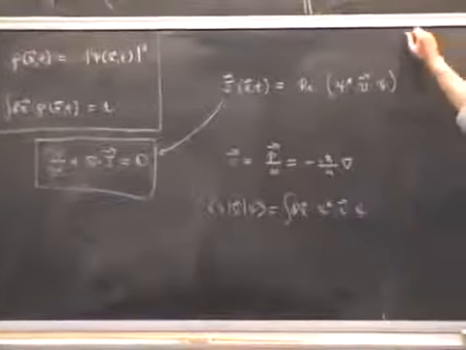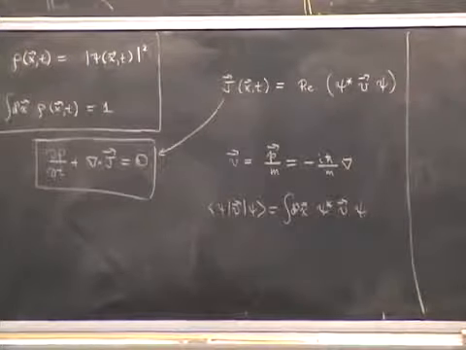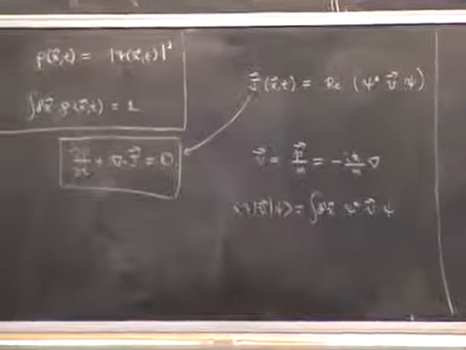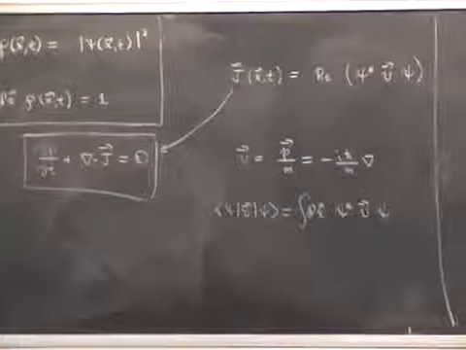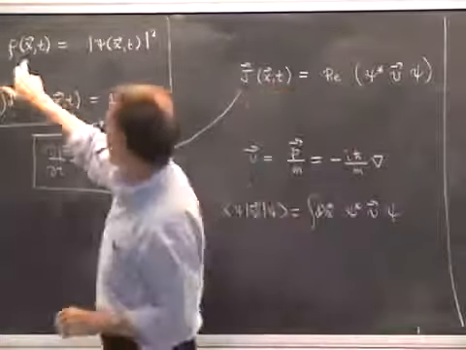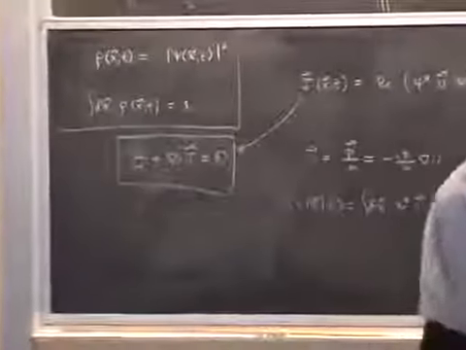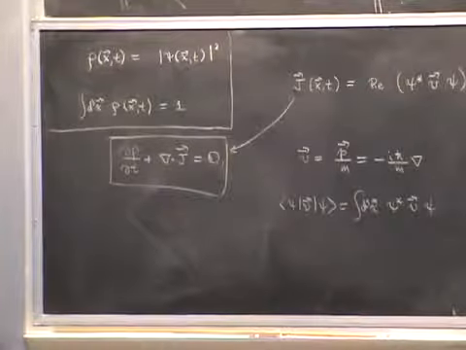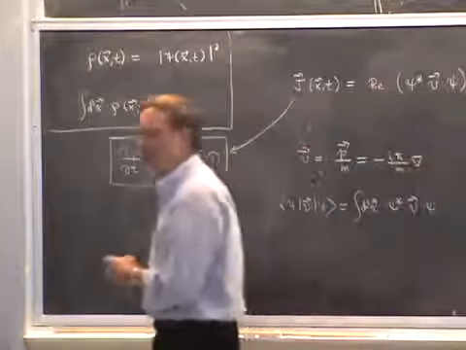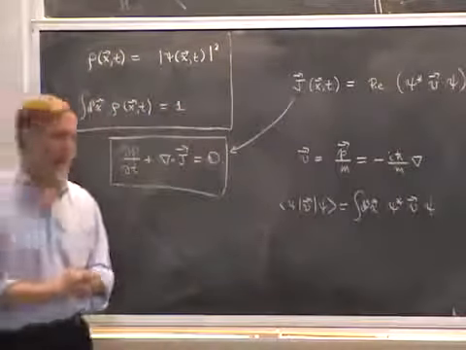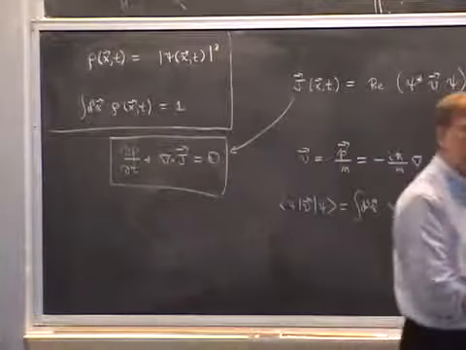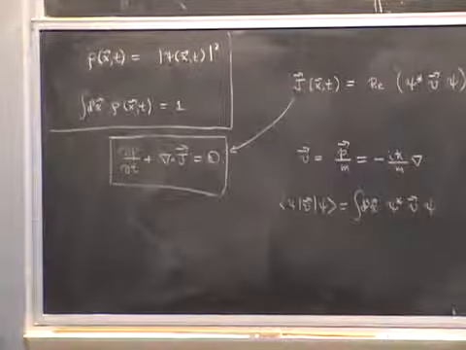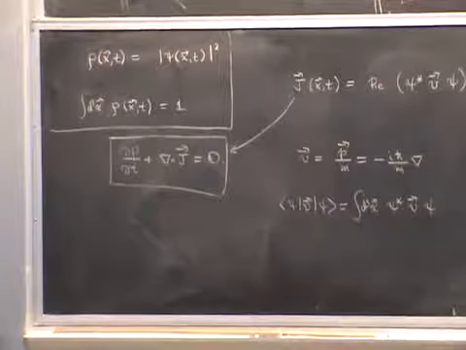Okay, so this much I think should be familiar to you from your first course in quantum mechanics. Let me now make a few comments about this, and then we can go. There is a question of the physical interpretation of the density. You may recall that I said that although we frequently use language such as the wave function of the electron, in fact what the wave function describes is the statistical properties of an ensemble more specifically than a single system. In fact, it doesn't tell us much about a single system.